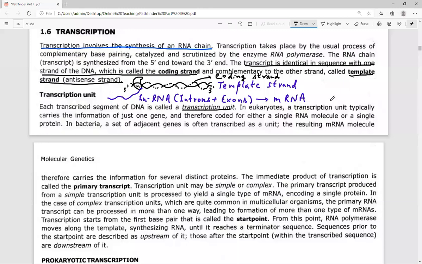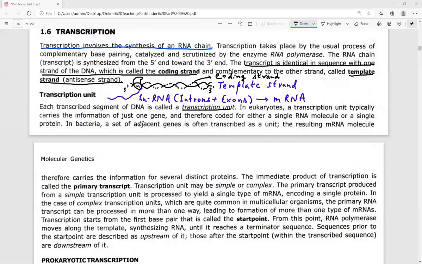unit. In eukaryotes, a transcription unit usually carries the information of just a single gene, whereas in prokaryotes it carries the information about multiple genes. So eukaryotes are monocistronic and prokaryotes are polycistronic in nature. In eukaryotes, a transcription unit typically carries information of just one gene, and so it is referred to as monocistronic. Therefore, it codes for a single RNA molecule or a single protein. In bacteria, a set of adjacent genes are often transcribed in the form of a single RNA molecule, and that is referred to as the